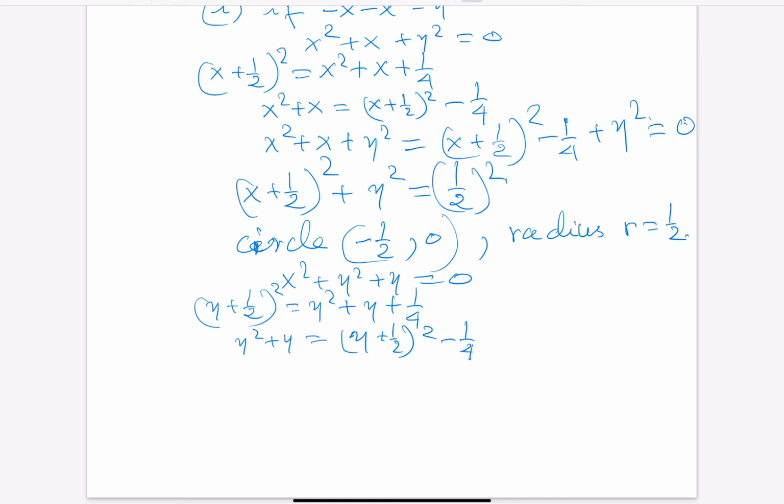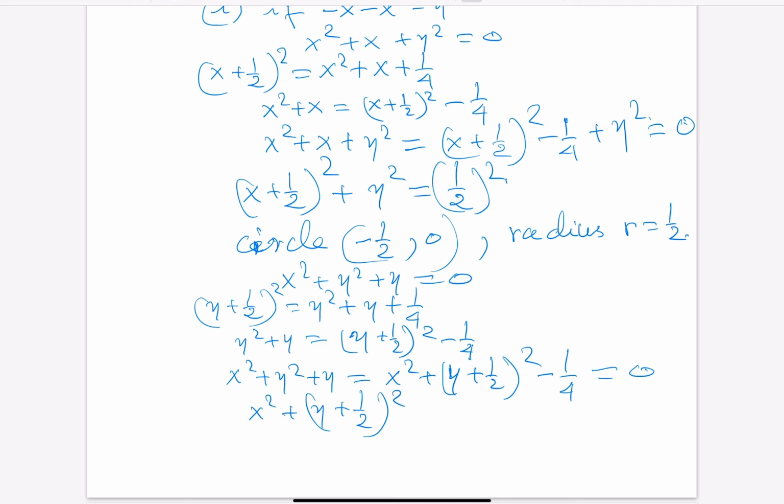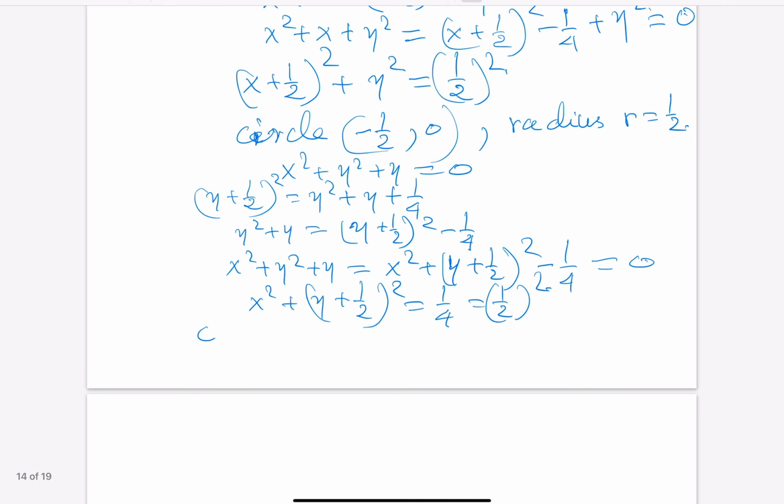So take this one, replace it here, you will get x squared plus (y plus 1/2) squared minus 1/4, and this is equal to 0. So now you will have x squared plus (y plus 1/2) squared is equal to 1/4. And 1/4 is (1/2) squared. So here also you get a circle centered at point 0 and